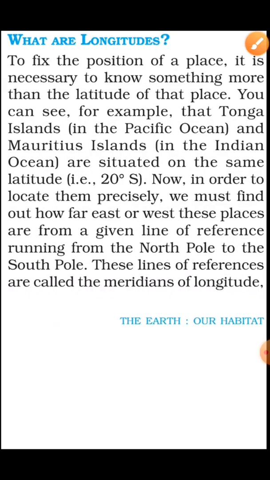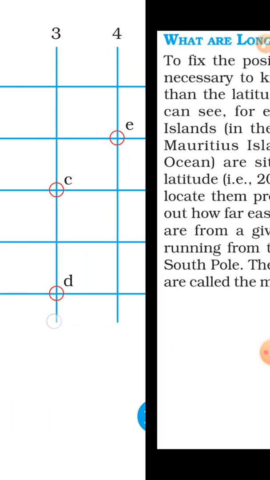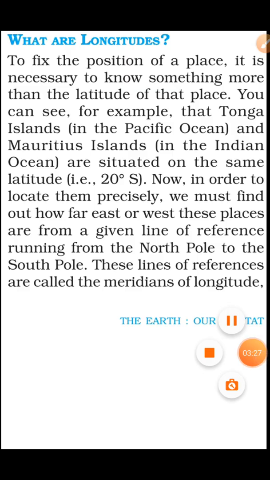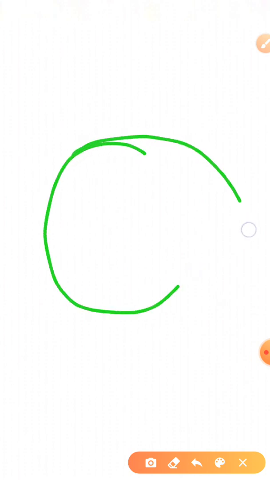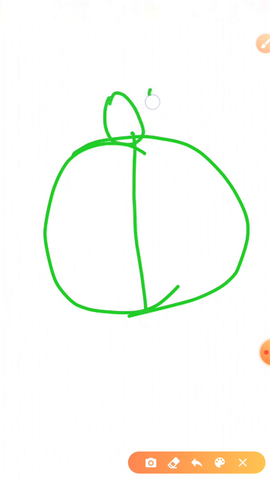They are given a specified name, meridians of longitude. Okay. So here you can also see all these are longitudes. Okay friends, we can also see that the longitudes are just reference lines to locate the place of anything. And the prime meridian is the one located at 0 degree. That's why it is called the prime meridian. The prime meridian is situated at Greenwich, where the British Royal Observatory is situated.